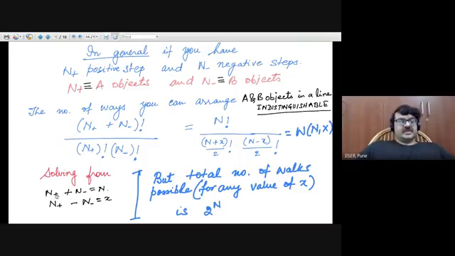As a consequence, you can solve for n plus and n minus and put it back in this equation, and what you get is (n plus x)/2, which is n plus, and (n minus x)/2, which is n minus. And of course, this numerator is just n factorial. And this is the total number of random walks possible for any one particular value of net displacement x,